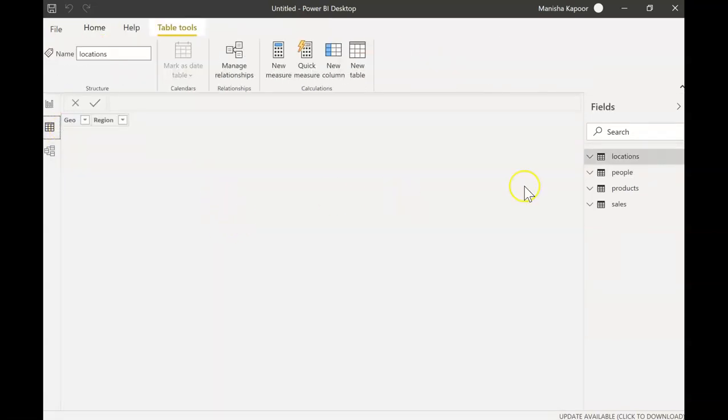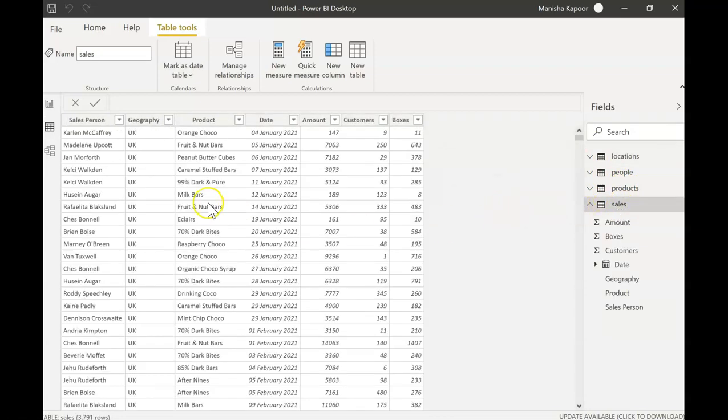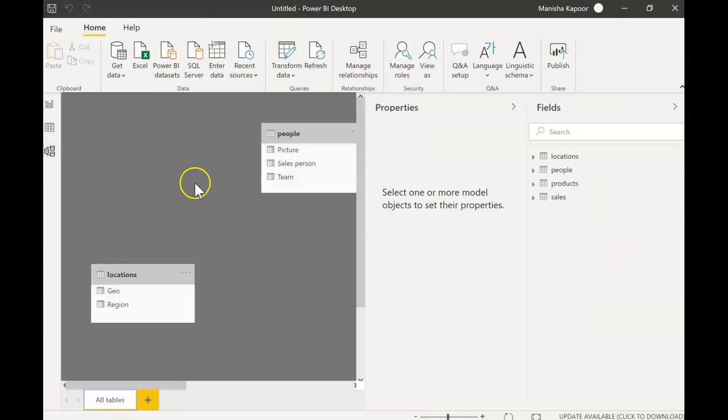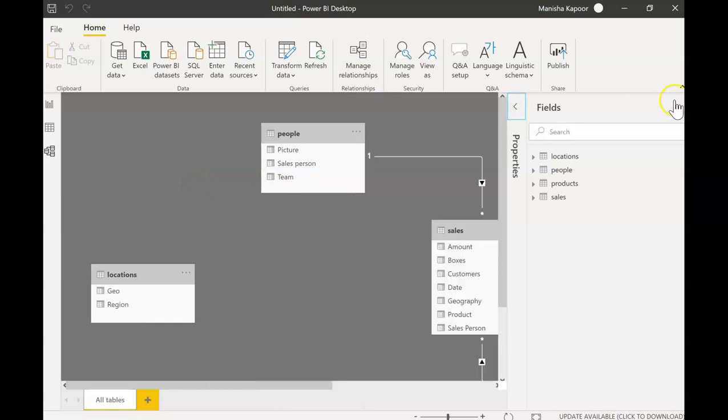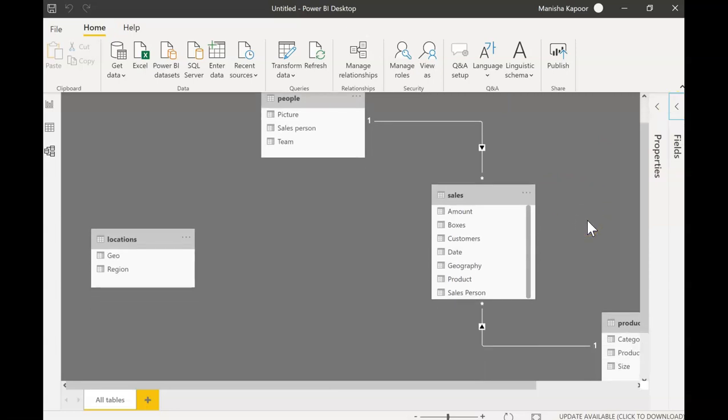So if I go to Data view, say I select this, this is geography. If I select the sales table, I can see the data view of this sales table. And then there is this Model view by which we can connect the tables. So let me hide this panel so that it's visible. So if you see this Model view,